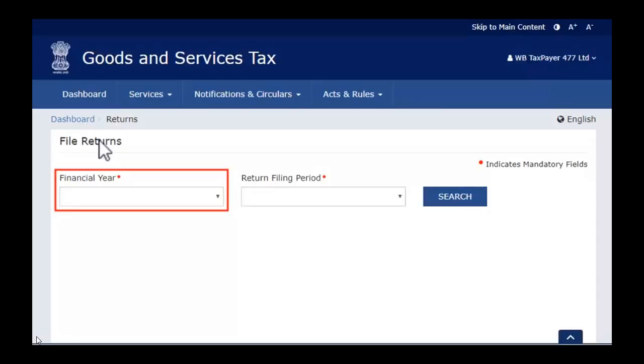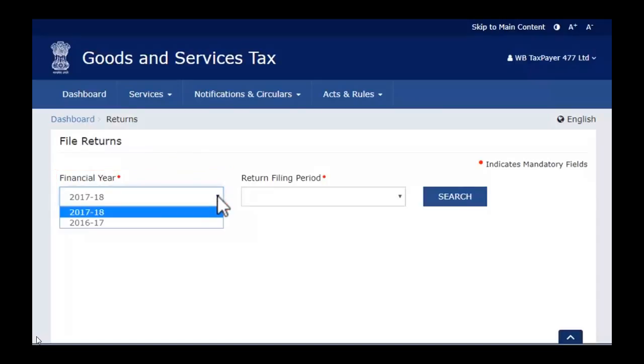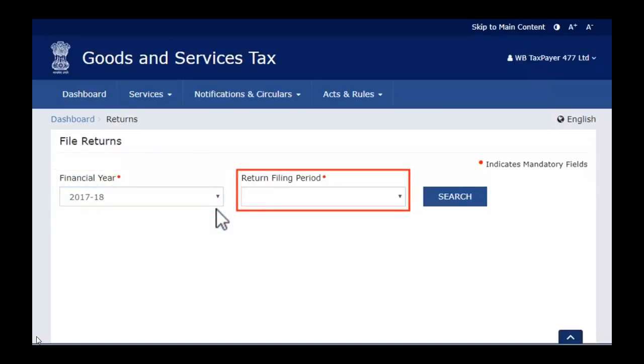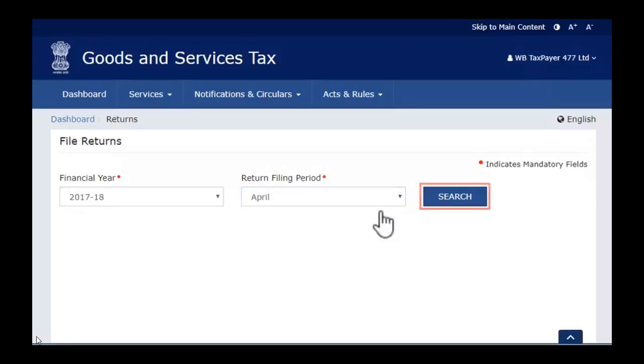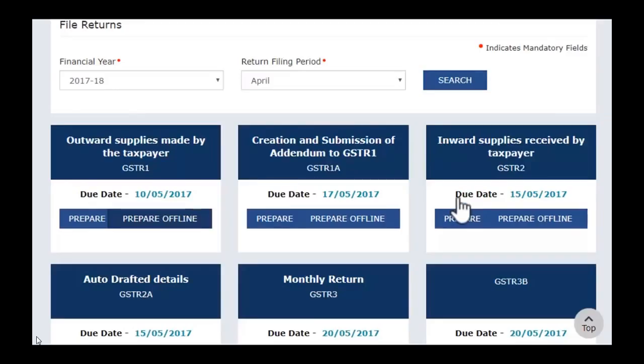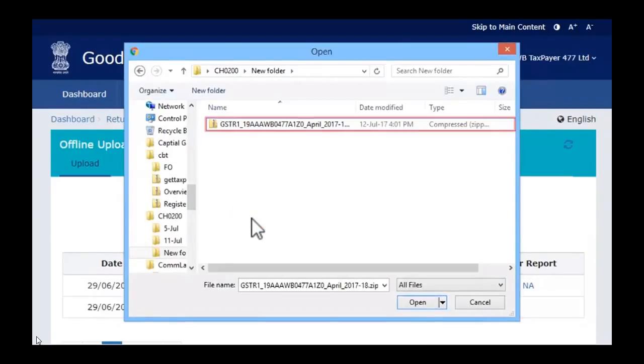Select the financial year and return filing period as you did in the offline utility and click Search. The pending returns of the selected tax period will get displayed. From the outward supplies made by the taxpayer GSTR1 tile, select the Prepare Offline option. Then select the JSON file that you created